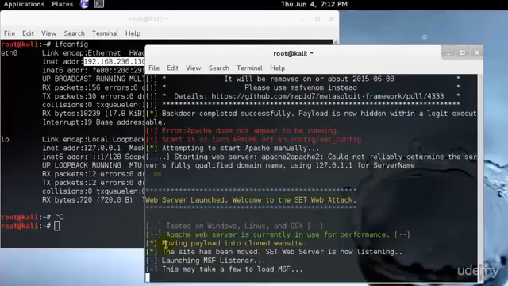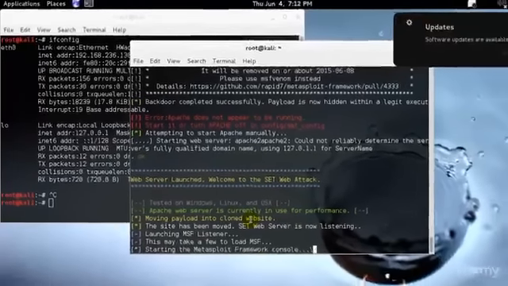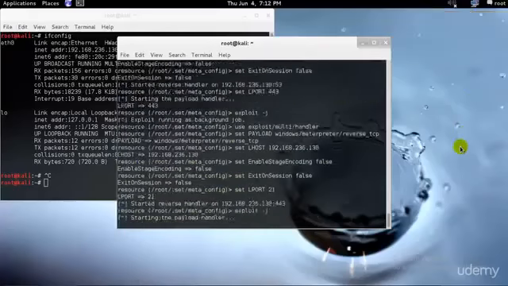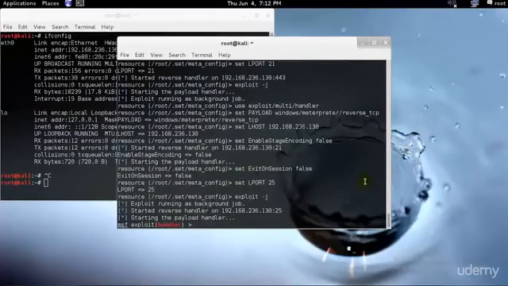As you can see, it's moving the payload into the cloned site. That means the fake website that I created, I have moved my virus into that website. Let me tell you the difference between phishing that person to open a payload which is inside a PDF or an MP3, and doing it this way. If I install a payload inside a PDF, I'll cancel this, and if I send that to that person,